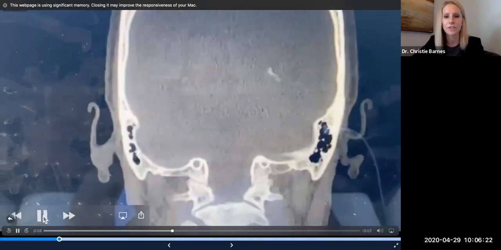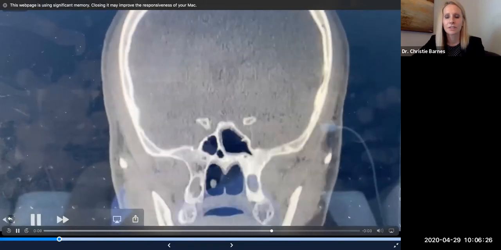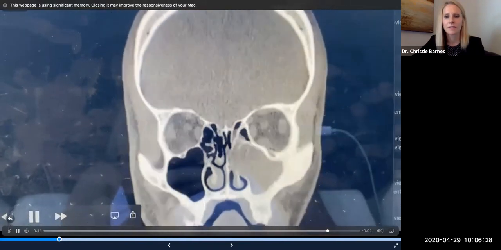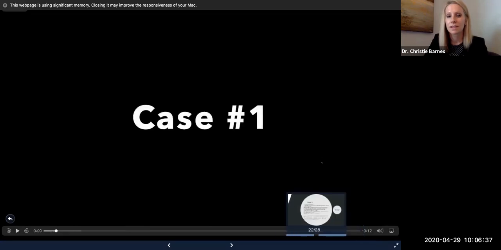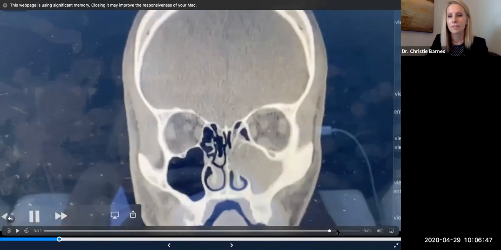Okay, as you scroll through this, you notice mastoids look good, sphenoid a little bit of thickening, some osteoneogenesis, and then as I go back, kind of roll back if this will let me. You'll see that there were some very gnarly looking teeth right about here in positive arrow signs. So you can kind of see that